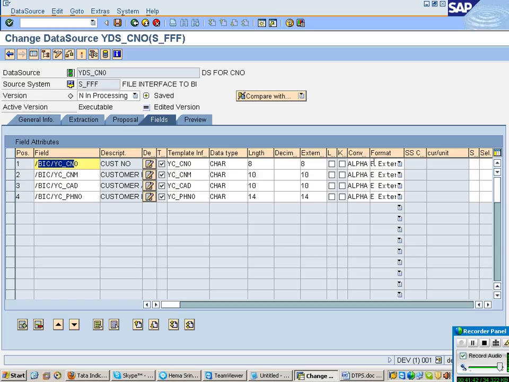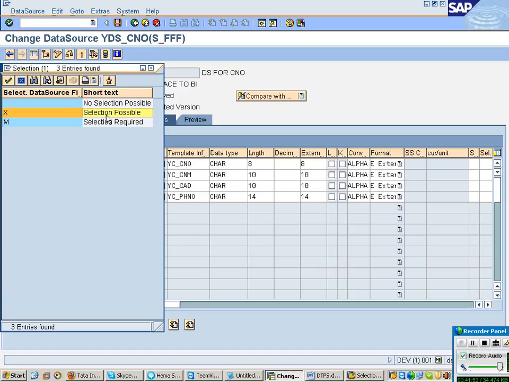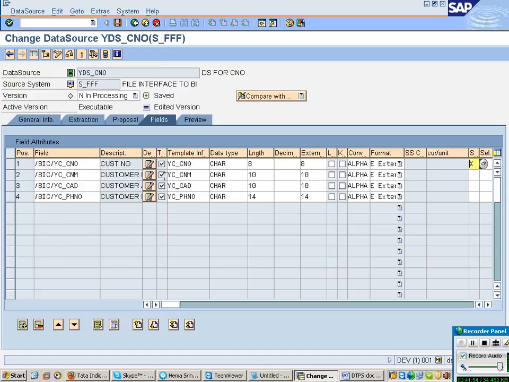So for customer number, what is there here? You can observe there is something called selection. And for customer number, I am going to say selection possible. So then activate.